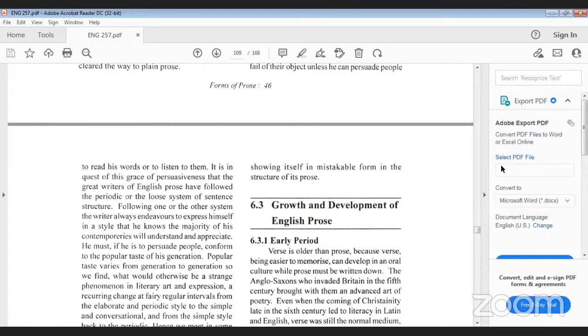Following one or the other system, the writer always endeavors to express himself in a style that he knows the majority of his contemporaries will understand and appreciate. He must, if he is to persuade people, conform to the popular taste of his generation. Popular taste varies from generation to generation. So we find what would otherwise be a strange phenomenon in literary art and expression, a recurring change at very regular intervals from the elaborate and periodic style to the simple and conversational, and from the simple style